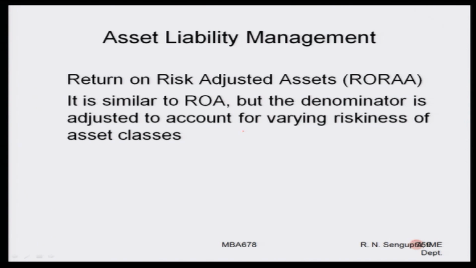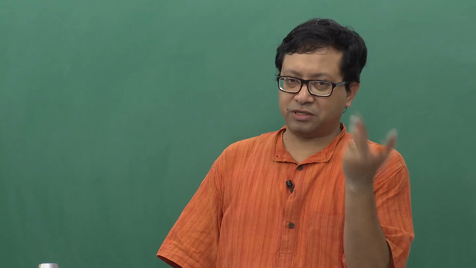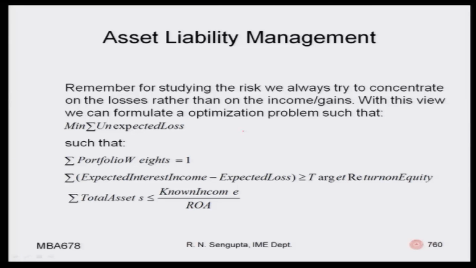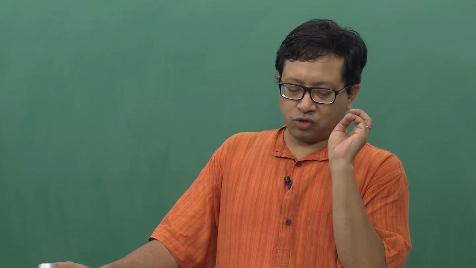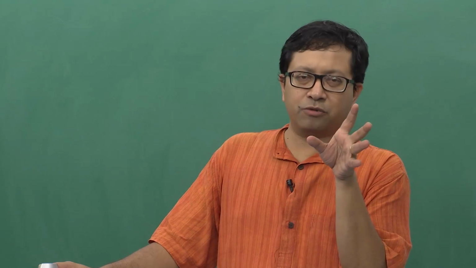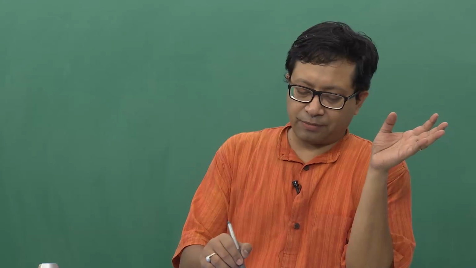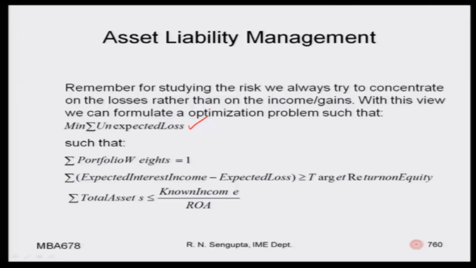So, if there are asset classes which are very risky or less risky, you will basically multiply by a factor accordingly. So, remember, for studying the risk, you always try to concentrate on the losses rather than the gain. So, for the ALM you concentrate on the loss and try to minimize that. So, your actual formulation, very subjectively, would be to minimize some unexpected loss such that the portfolio weights sum to 1. This is the same thing,